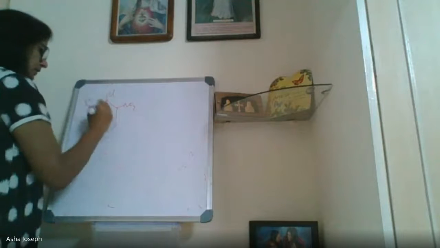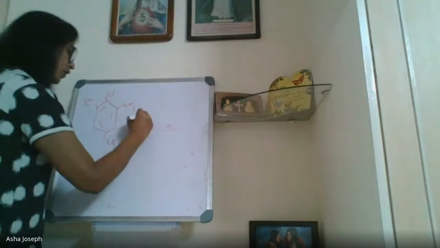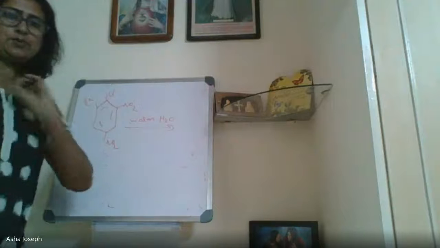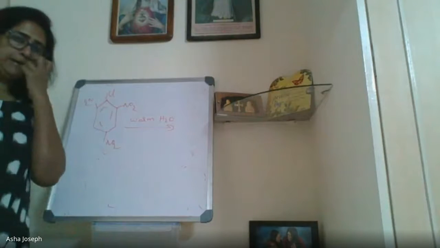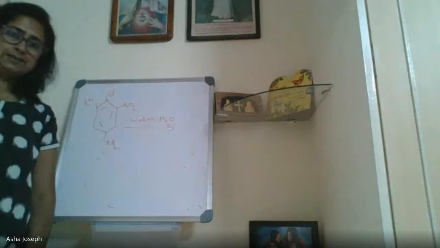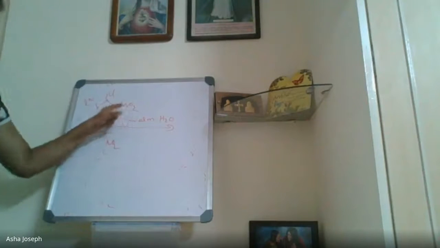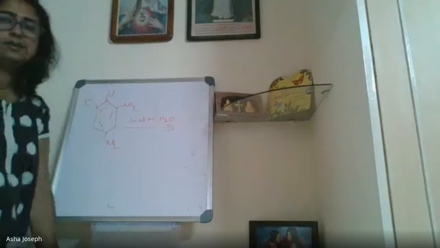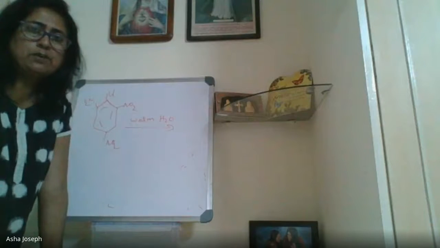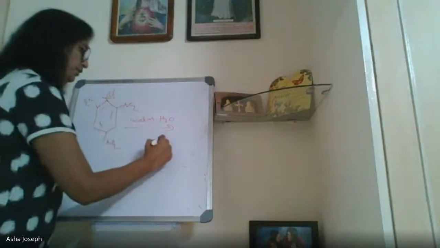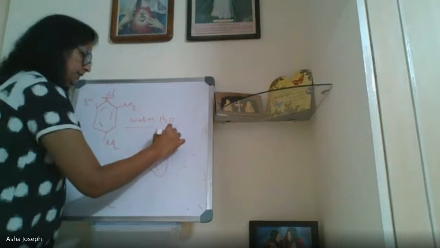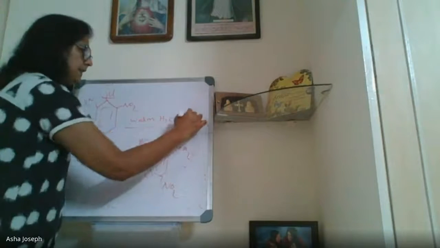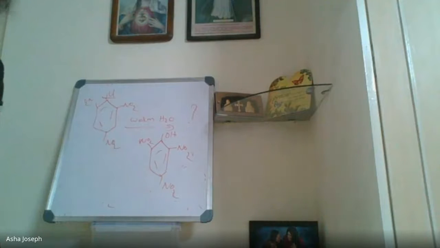3 nitro groups and warm water. If you do not see that reaction, you cannot guess at all. In alkyl halides, we have not learned the reaction with warm water, isn't it? Here you see, 3 NO2 groups are there. You don't require NaOH also. Water is a less powerful reagent, isn't it? From warm water itself, this will break and you will get this. The question was put like this. So you should know that.